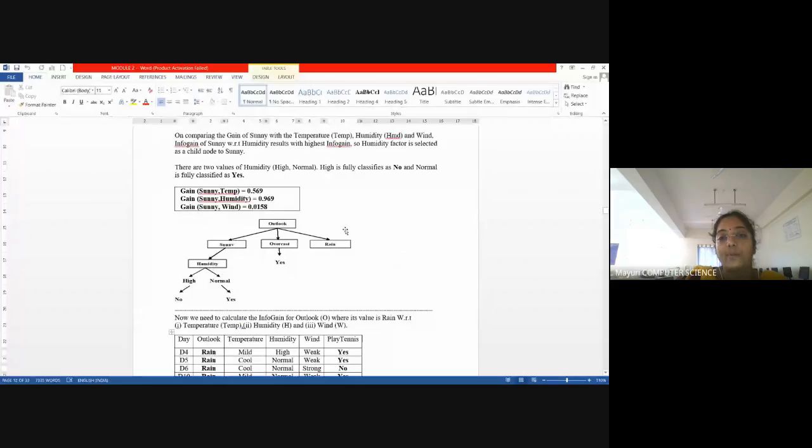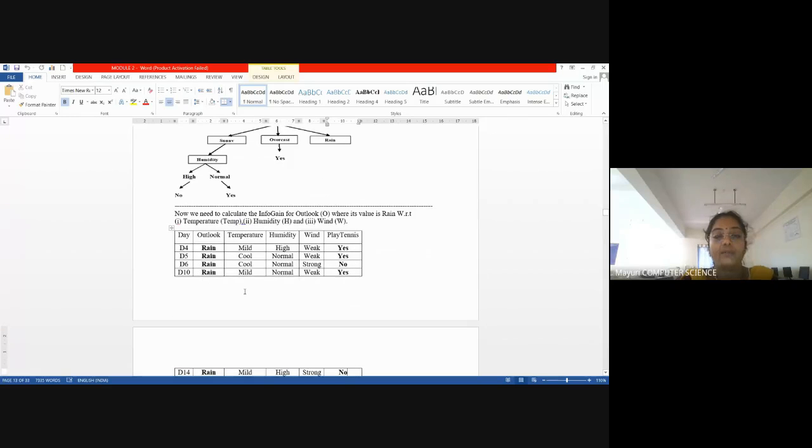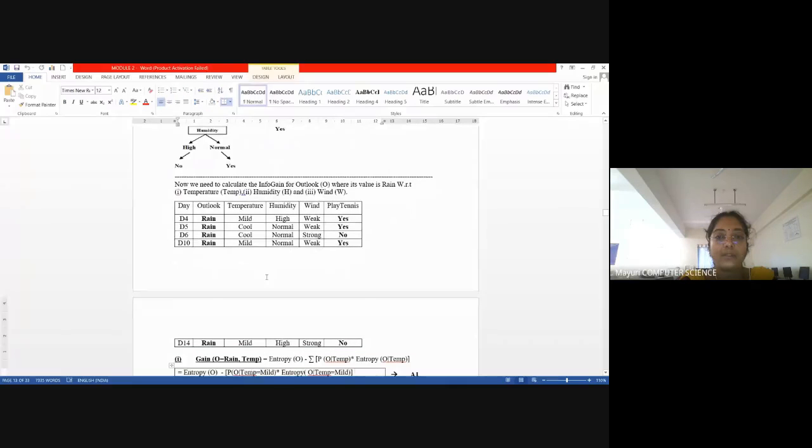So now what do I have to do? The procedure I have done with Sunny with respect to the other attributes, I have to do with rain. The same procedure has to be repeated. See, I have taken the outlook values of rain only here, with the other values. Coming to temperature, I think you can easily fix it here. You need not calculate that much. So these are the rain values.